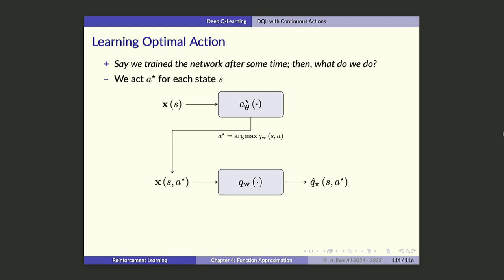We did not use the policy network. And if I told you initially, you would ask me, why should I have a policy network? If I know the optimal value, that's over. But the point is that in order to find out what the optimal value is, you need to know the optimal action indeed. And this is where the policy network is going to help you.